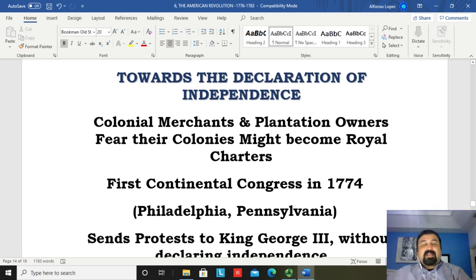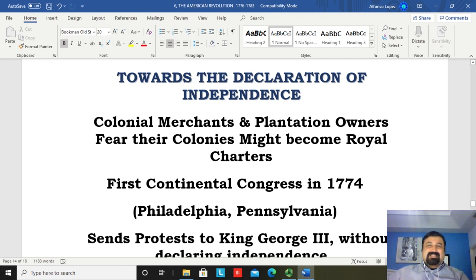So this is going to lead to the Declaration of Independence very soon, in 1776. This is something that is going to join, if you will, the Coercive Acts. What was happening in Massachusetts is going to bring together all of the merchants from all the 13 colonies and also the plantation owners. They're going to come together. So this is the most important economic group, the dominant economic or social class, if you will, of the colonies,